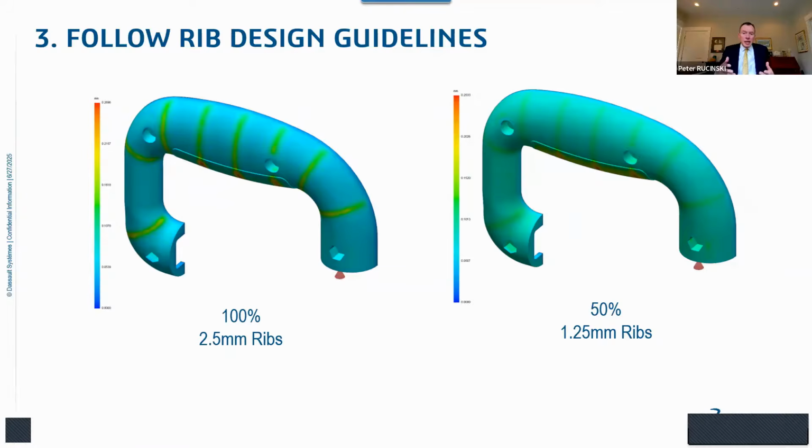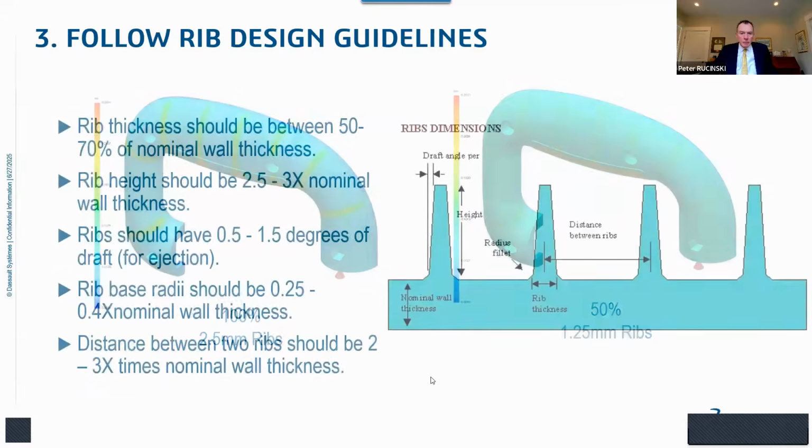So, now you get the idea. If the base of your ribs is too thick, you're almost certainly going to have a sink mark problem. And keep in mind, because the root cause of this problem is that there's not enough plastic material packed into those areas to compensate for the shrinkage, it's actually going to make the ribs a little bit weaker. So you're kind of defeating the purpose of having a reinforcing rib in those locations.